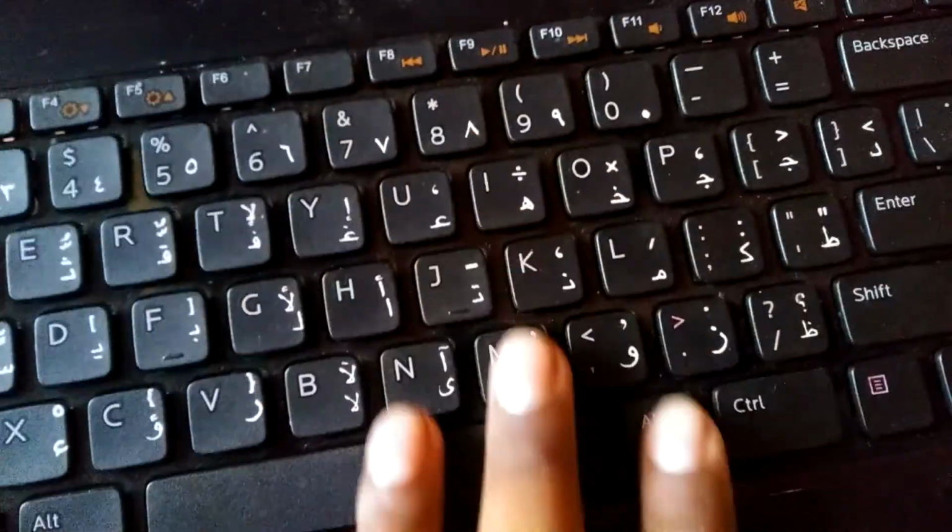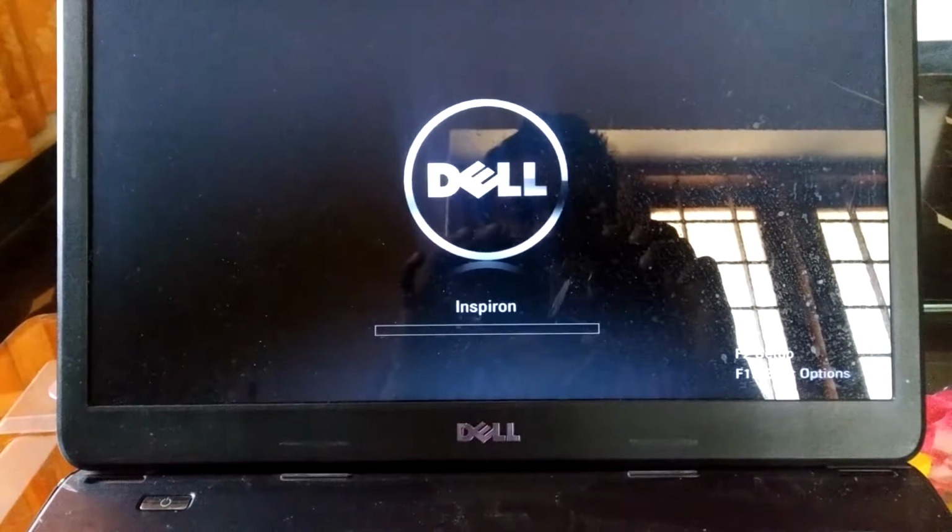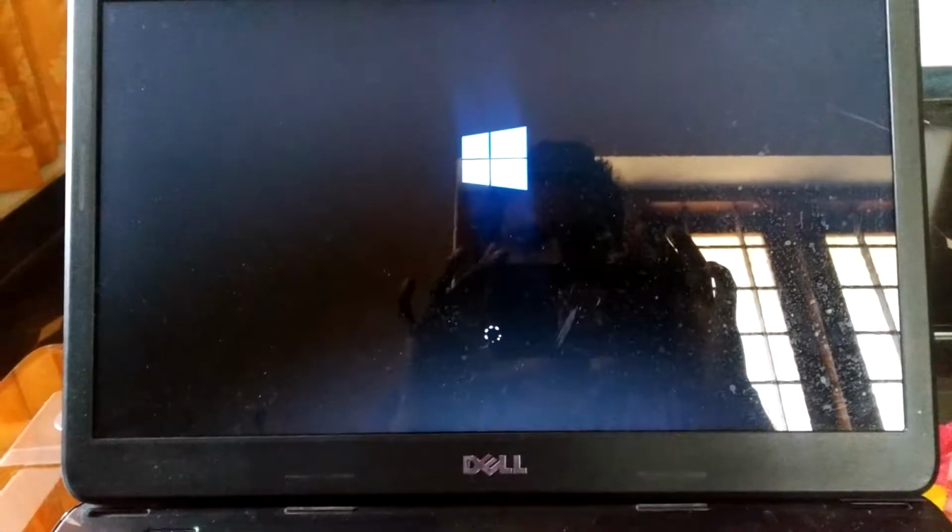Now it's ready. We have just connected our trackpad and our power button back. Now we have connected our keyboard as well and we can put it back. Now we can switch it on and check whether the PC is ready. I just switched it on. See, I think we are not hearing any kind of beep sounds.